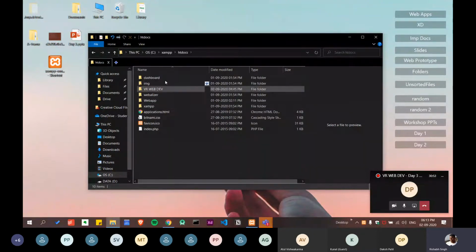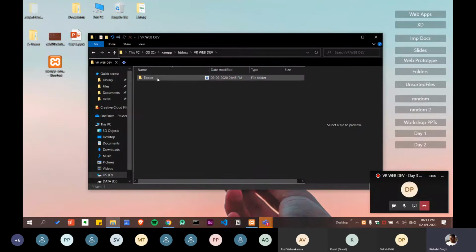Just open this folder, and as you can see, I've already created the folder for our project. Let me open it. These are the topics we are going to cover today, and this is where I'm going to create my GitHub.